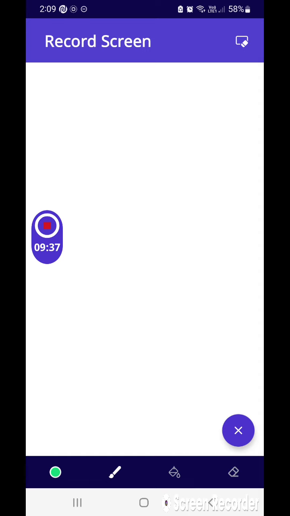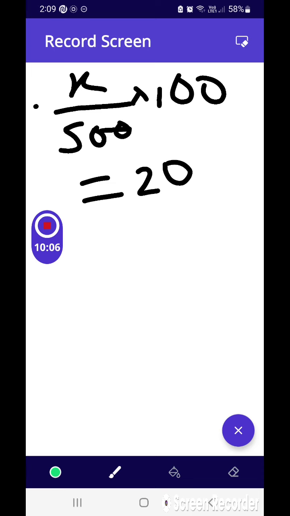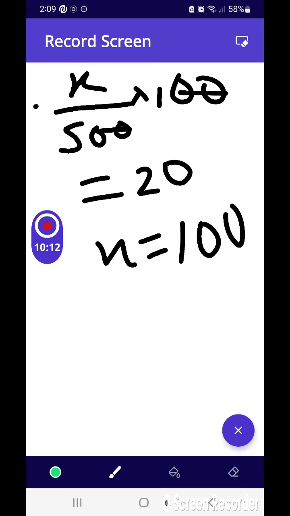So let us see. First, to answer these types of complex questions, you should go word by word. First it says 500 gram 20% weight by weight. So let the solute be X. Now 500 is the solution into 100, the percentage is given 20. Cut the zeros. So x is equal to 100. Means the amount of solute in 500 gram of solution is 100 gram.